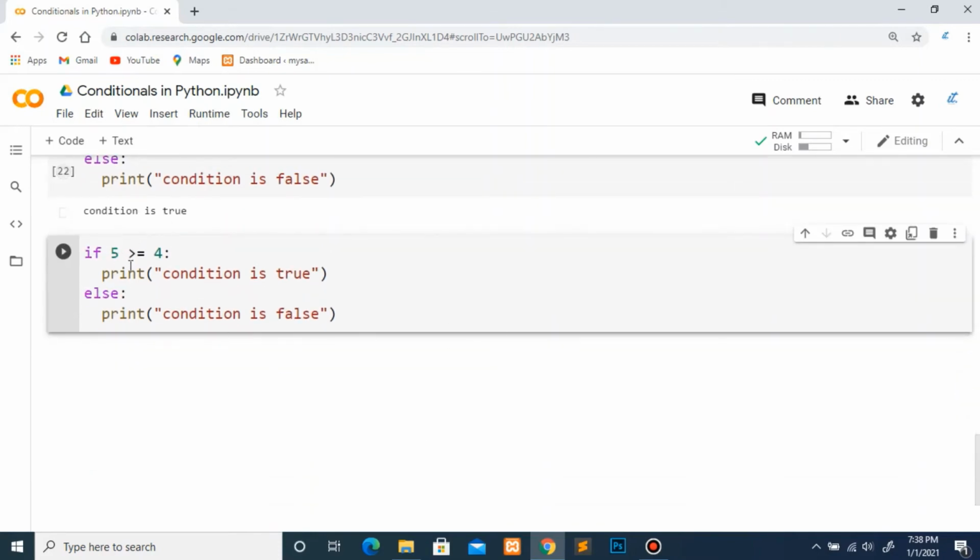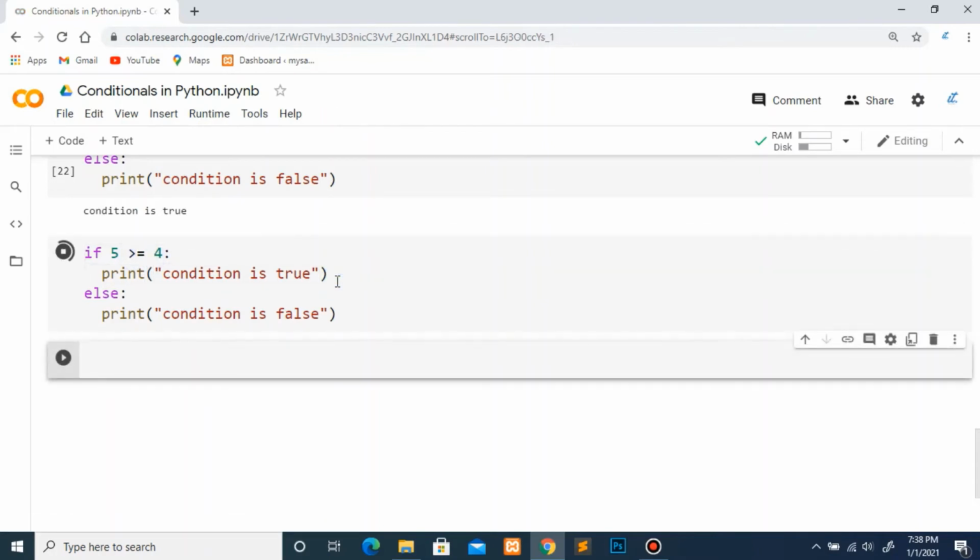The next operator was greater than equal to. In greater than equal to, it will check one by one. First it will check 5 is greater than 4, then it will check 5 is equal to 4 or not. If one condition is true, it will consider it as true. Like here 5 is greater than 4, so it will not move to the equal to symbol and it will just print condition is true on the screen.